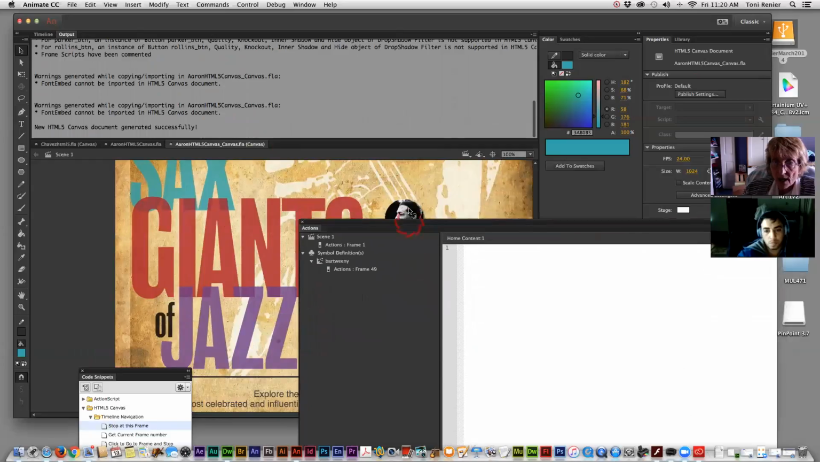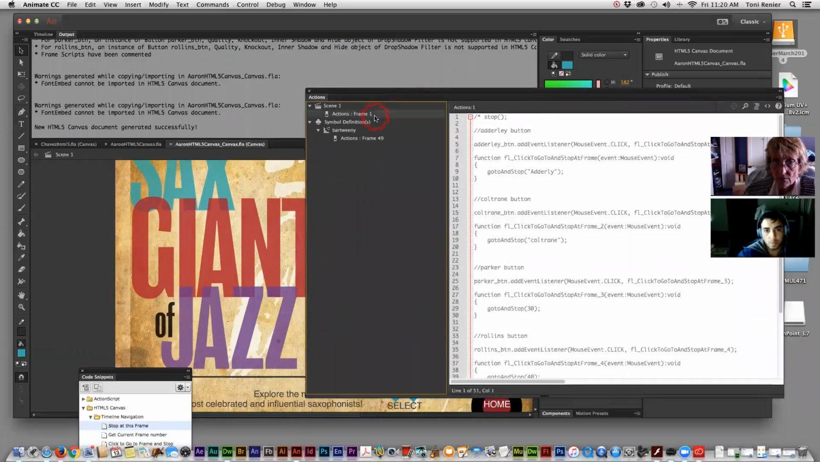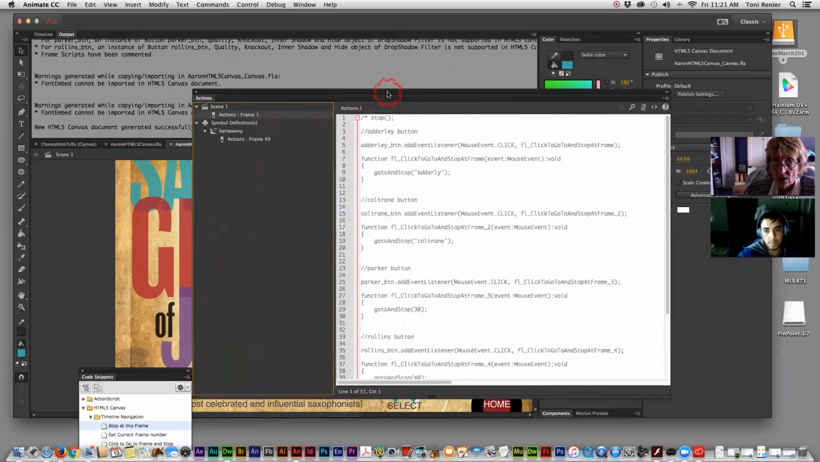The only thing is, when you go in here, you'll see that your code is still written for ActionScript 3. My code's still written for that, but that's beside the point. And what it also does is it goes in and comments it all out, so it's all grayed out. It's a visual telling you this isn't going to work in an HTML5 Canvas document,